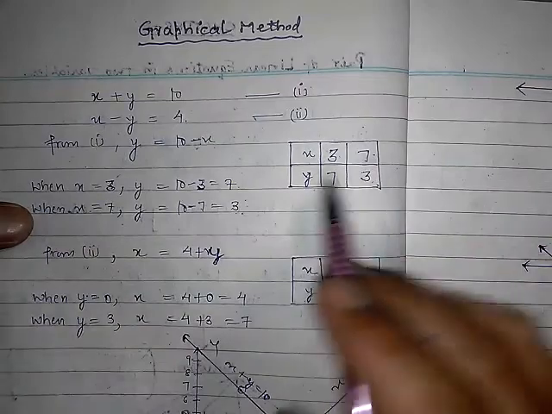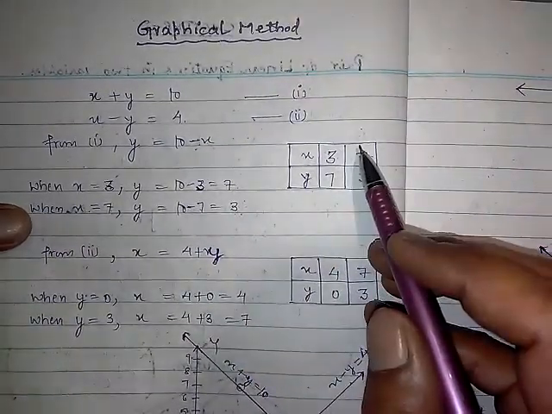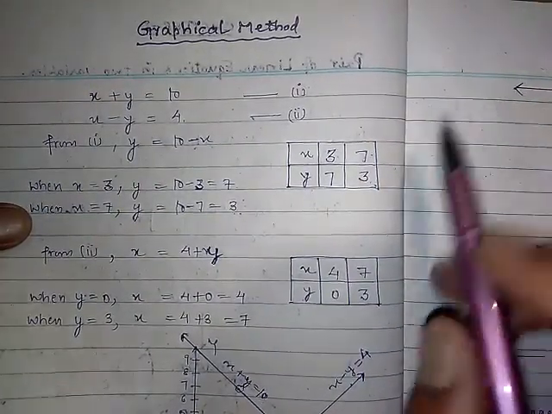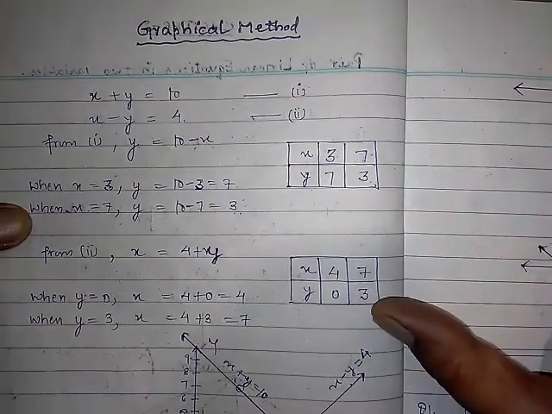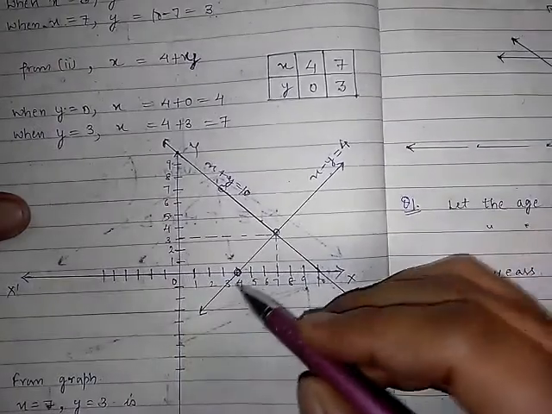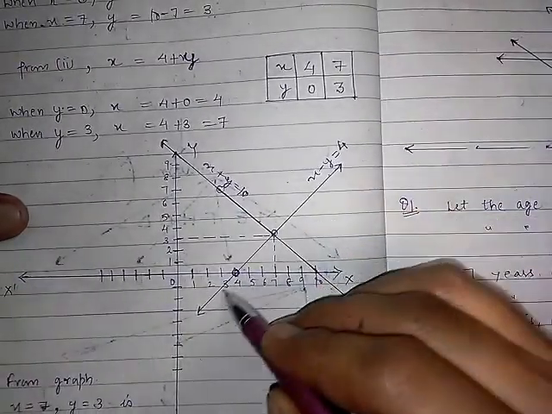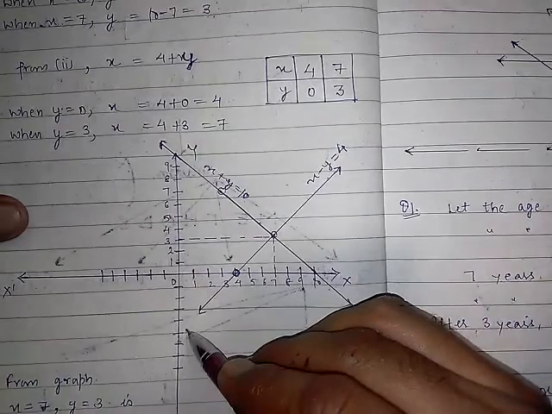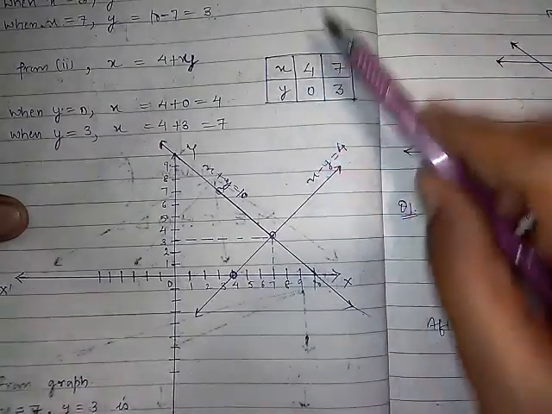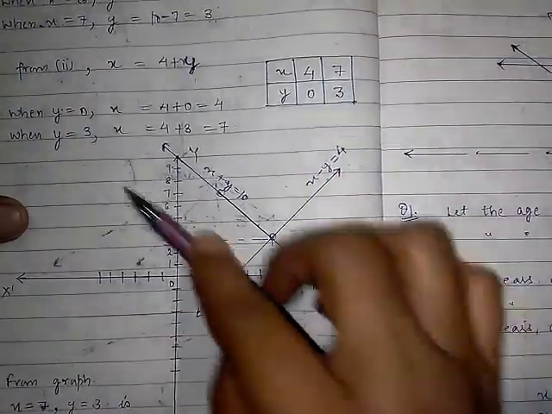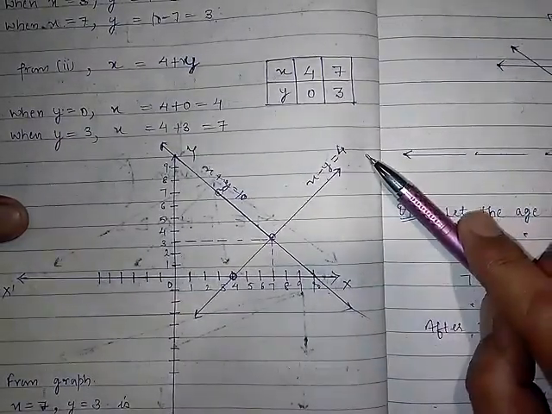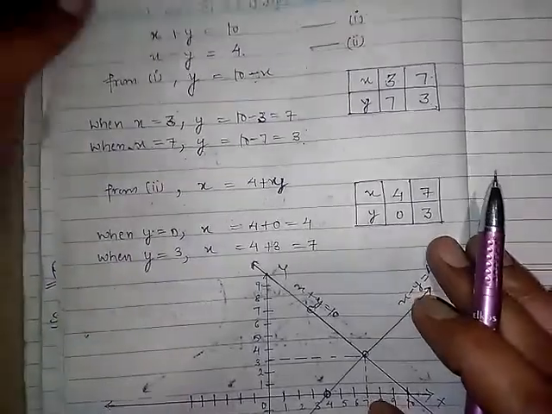Okay. Second thing, if 5 students are finding these values, then 5 students may have different values of x and y. Clear? But the graph will go in the same direction only, there will be no change in the direction. Meaning to say, if this line is going in this direction, then whichever values of x and y you take, the graph of the straight line will remain at the same position. It doesn't matter if the point is changed, will it go from somewhere else? No, that is wrong. The line will go from this place only, right?